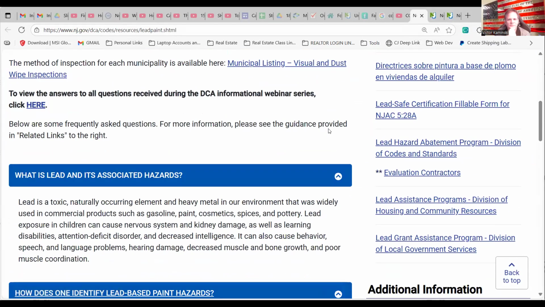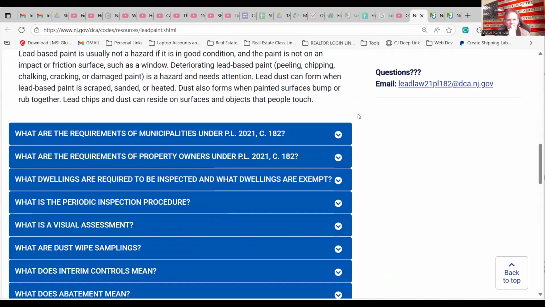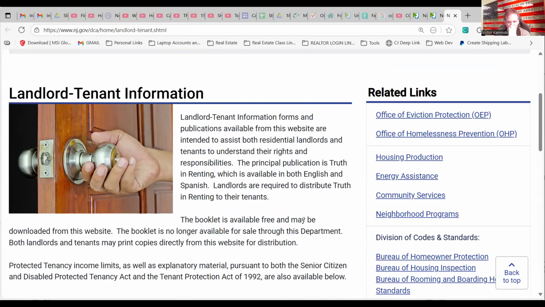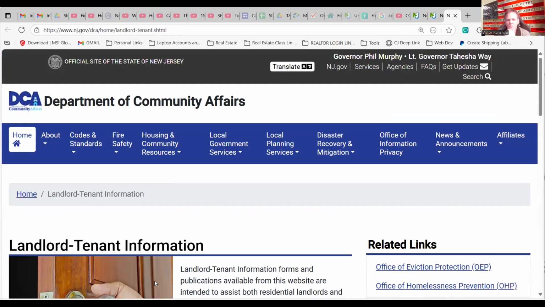So when we study in a month or two, if we see that page not found, that means they updated the thing. Yeah, the government changes their websites around sometimes. You just go over here, go to search, and search for what you're looking for. I just typed in DCA,